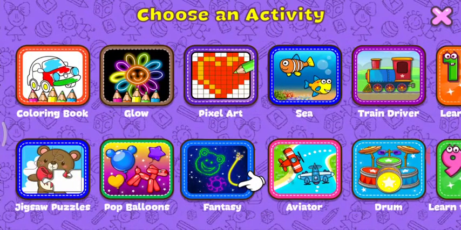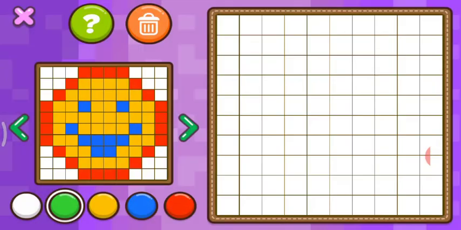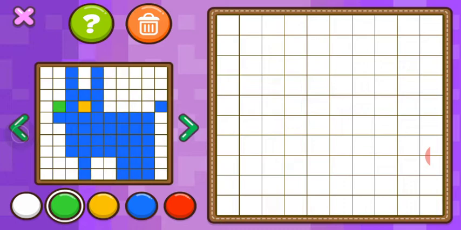Let's start the next one, pixel art. Click, children. You can again see similar tools. The tools are given here. It is also for the same purpose. The extra tool is the question mark, that is a helping tool. Here in the preview, in the sample area, you can find a collection of pixel art.